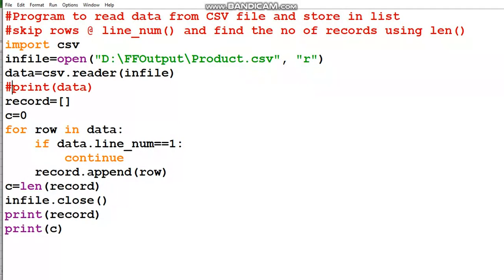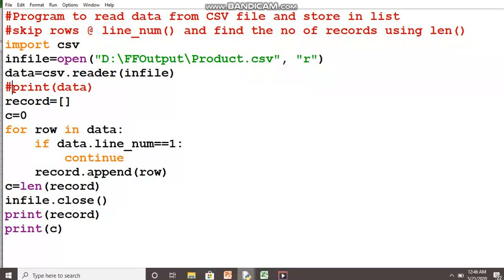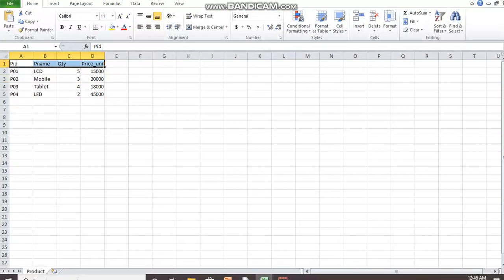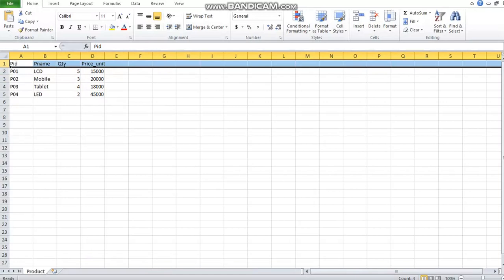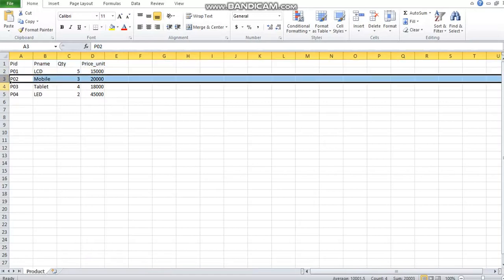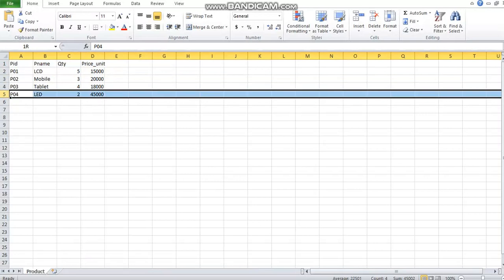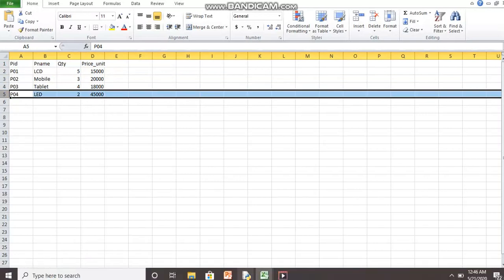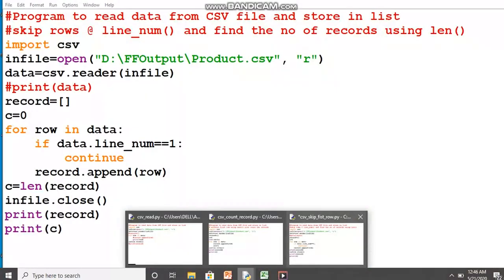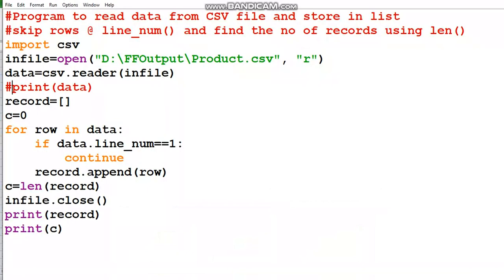So line underscore num: line numbers are given to the records as line number 1, line number 2, line number 3, line number 4, line number 5. So according to that, line number 1 is containing the header row.